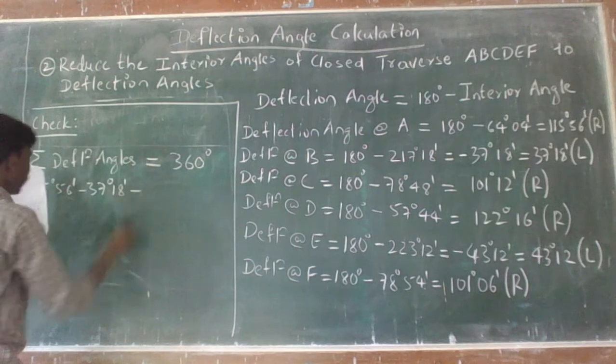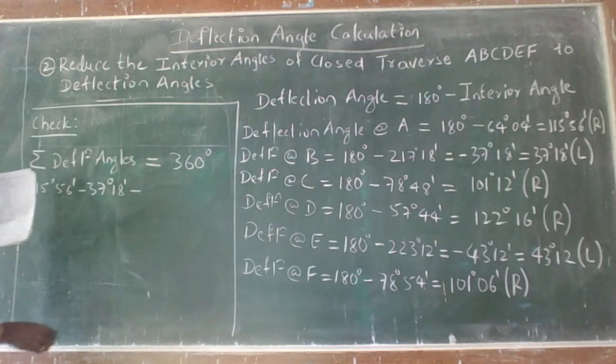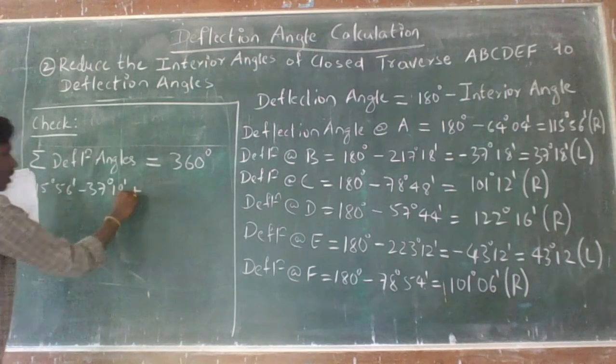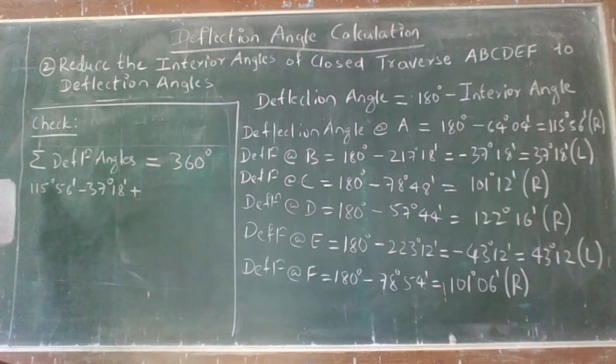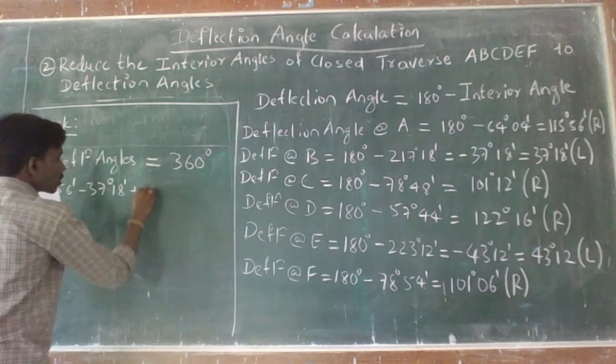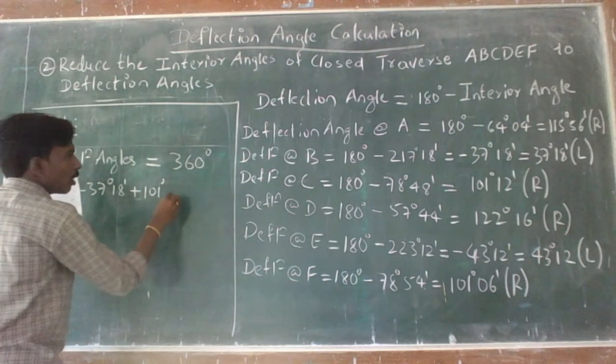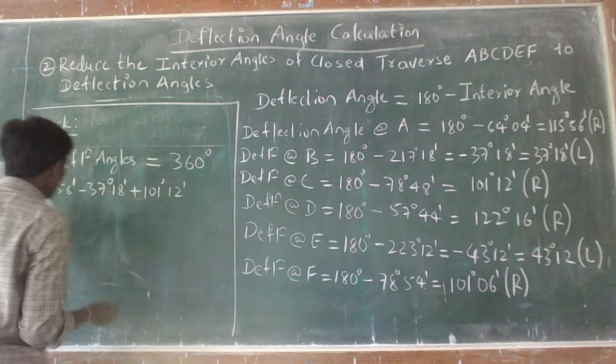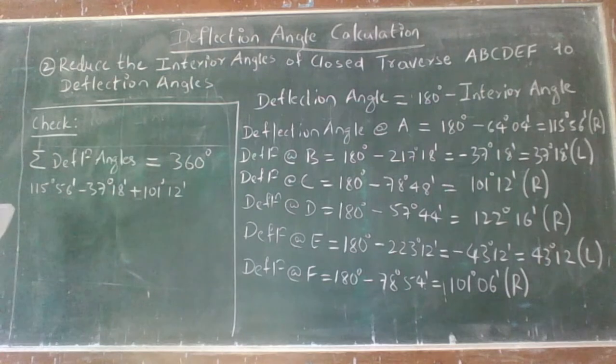The next deflection angle is towards right, so we have to use the sign plus. So the deflection angle is 101 degrees 12 minutes, and the next deflection angle is towards right, so we use the sign plus,